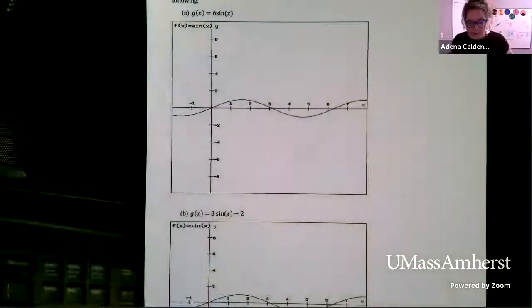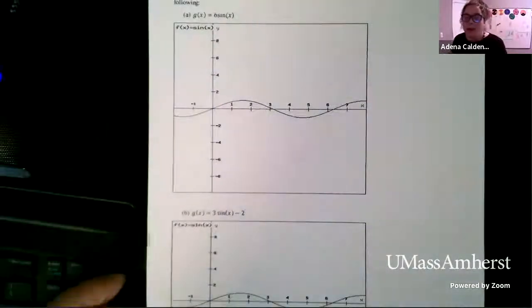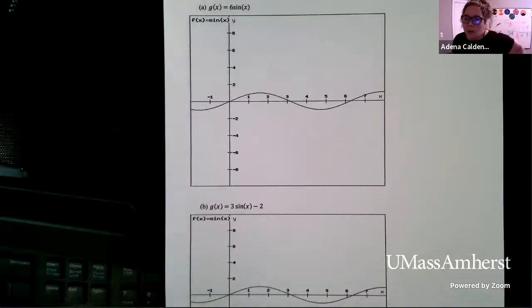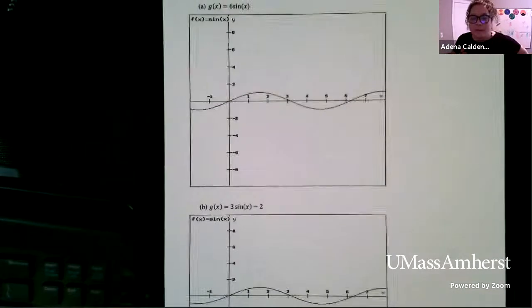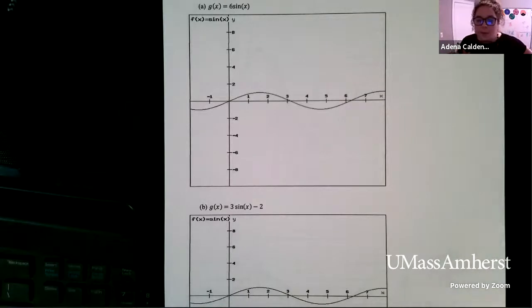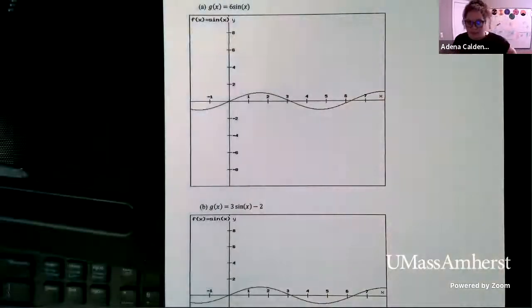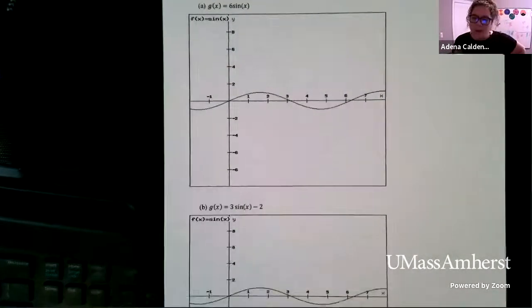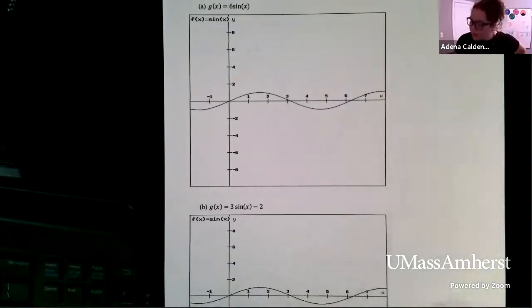So the first thing we're going to do is we're going to apply some of our graph transformations, okay? So here, the first function, we have 6 sine x, and the second one we're talking about 3 sine x minus 2. So what I want you to do is think back about what this means from when we did 1.8 last week. What happens if we multiply this function by 6? What will it look like? And for part B, what will the function 3 sine x minus 2 look like? So for both of these, the graph that you see is the graph of sine. So that's what we are transforming to see what the difference looks like.